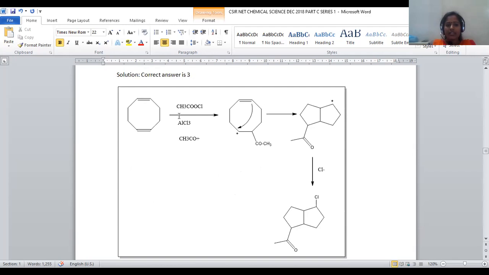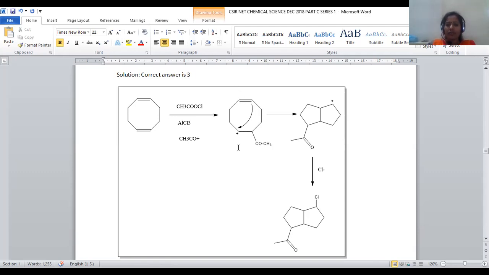That acetyl carbocation will be attached to this carbon-carbon double bond, so that the pi bond is shifted towards this side. It will be attached to this carbonyl center, and there is a formation of COCH3 at this carbon atom, and loss of electrons at the adjacent carbon indicates carbocation formation. Now this carbocation has electron deficiency, and at one more center we have an electron rich olefinic bond, so that there is a formation of an internal cyclization. This is a kind of internal cyclization within the ring.